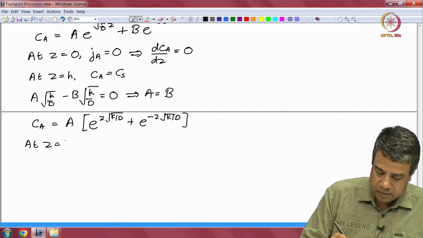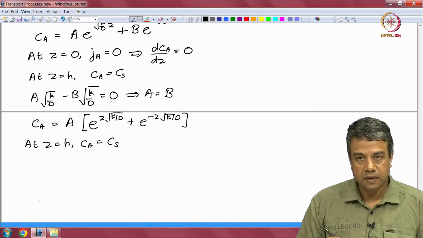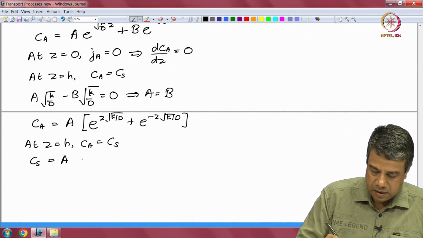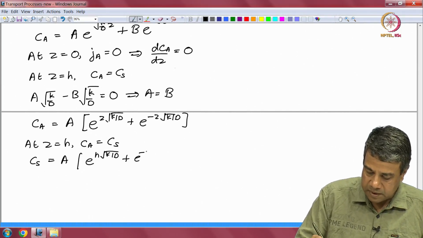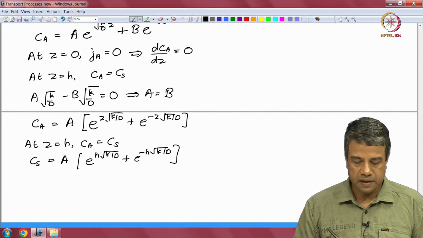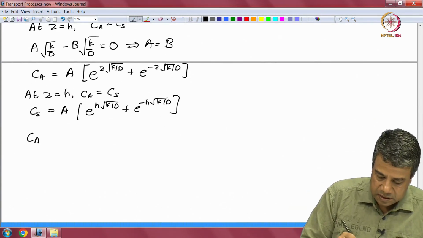At z is equal to h, C A is equal to C S, which means that C S is equal to A into e power h root of k by d plus e power minus h root of k by d. So, substituting this, the final solution that you will get for the concentration profile is